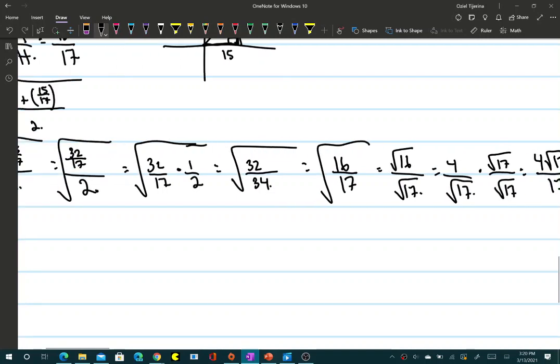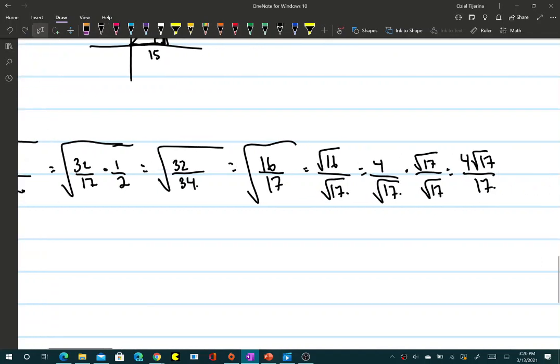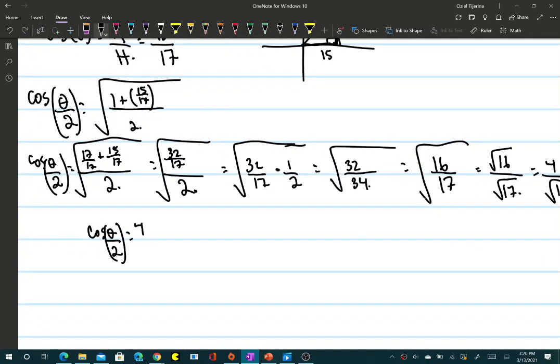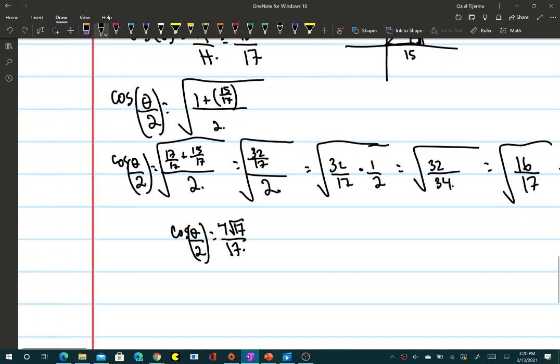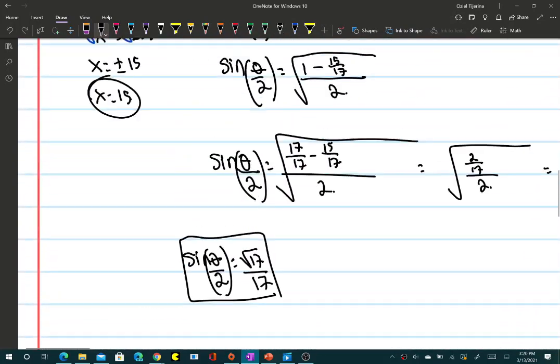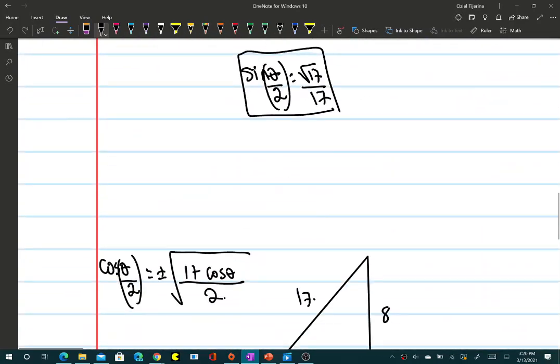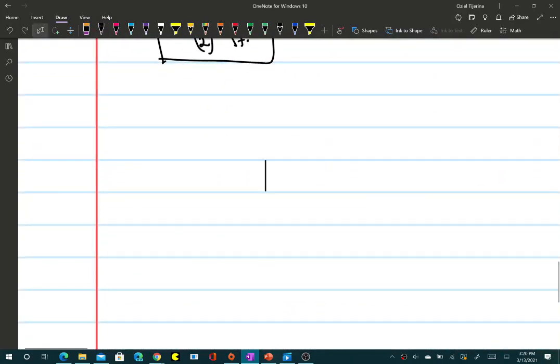So then cosine theta over 2 equals 4 square root 17 over 17. Okay, now we're going to do tan theta over 2. This is the last part of this video. So tan theta over 2 is a little bit different than the first two, okay? Tan theta over 2